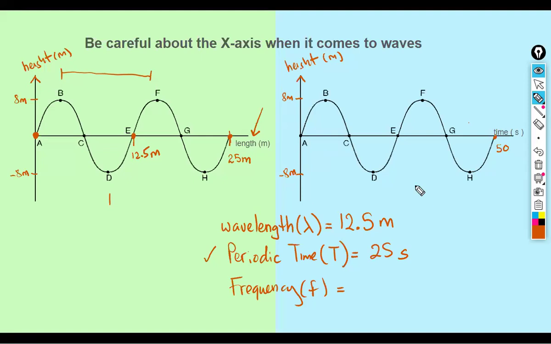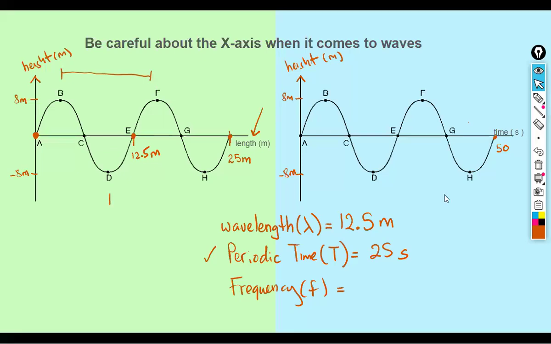Because I realized someone said the wavelength was 25. They just took 50 and divided by 2. But this axis represents time. You can't convert time to length. And here's what, guys. You all should be able, for those who did the homework, to calculate the frequency for me. Ask yourself, what's the formula to calculate frequency? You have all the information on the screen there. You should be able to do it, right?